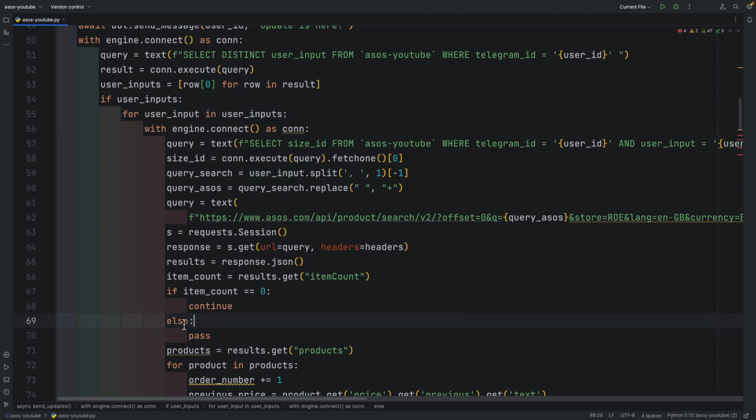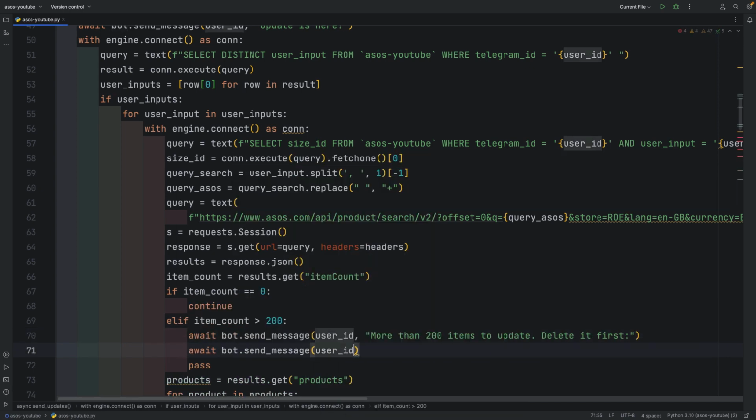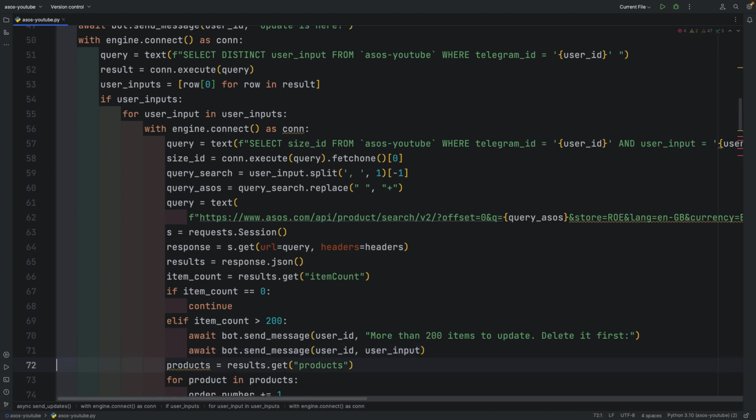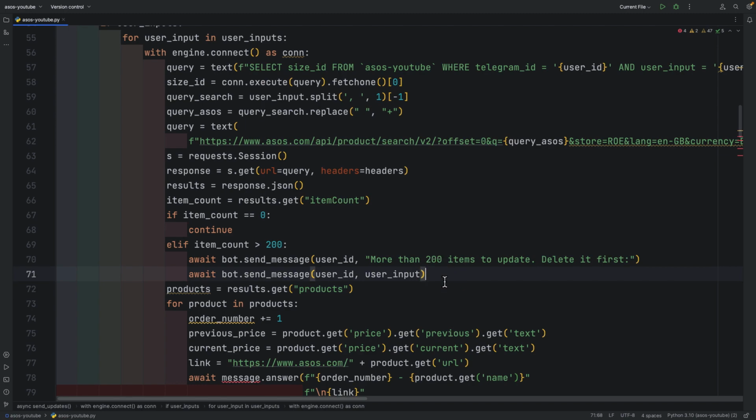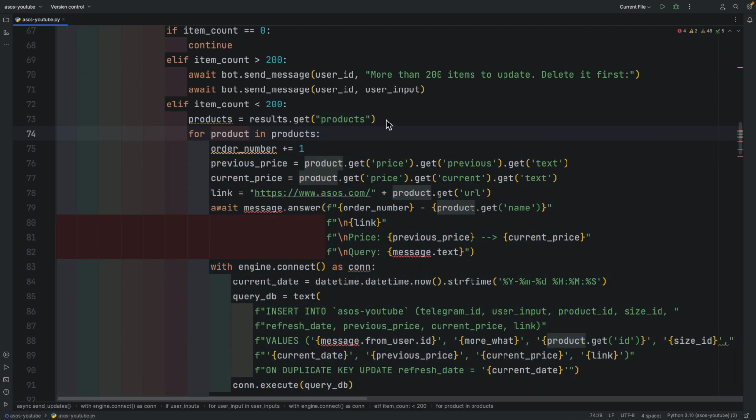Let's add another condition. If item count more than 200, then let's output more than 200 items to update, delete it first, and send this user input. But if item count is less than 200, let's proceed with checking each of these items.